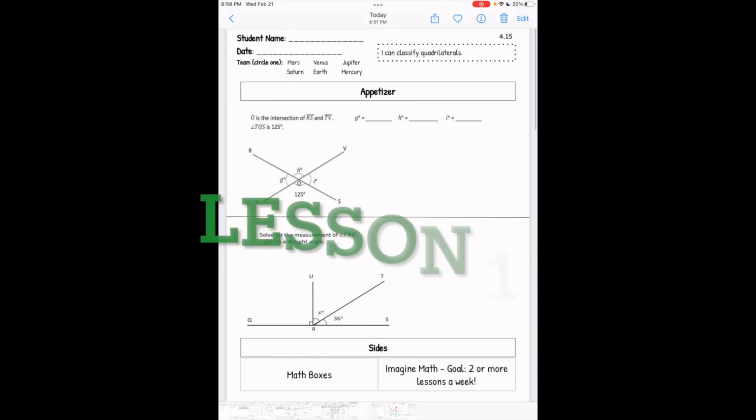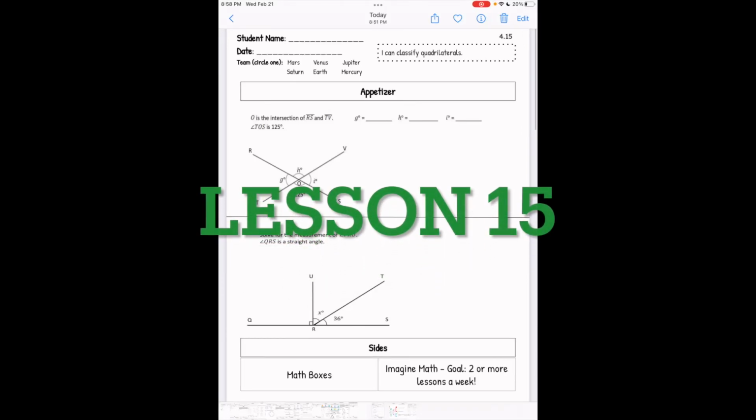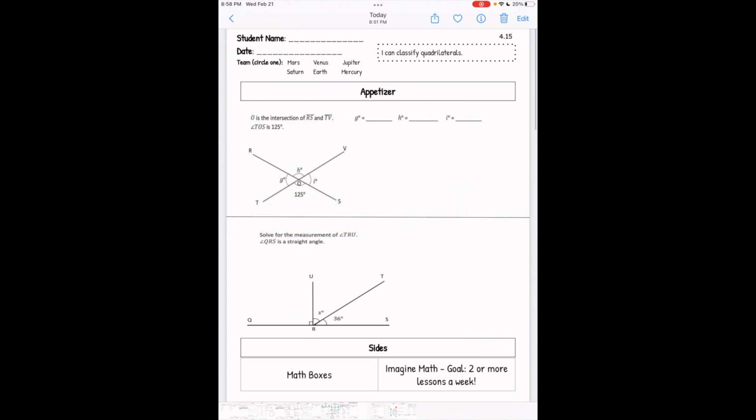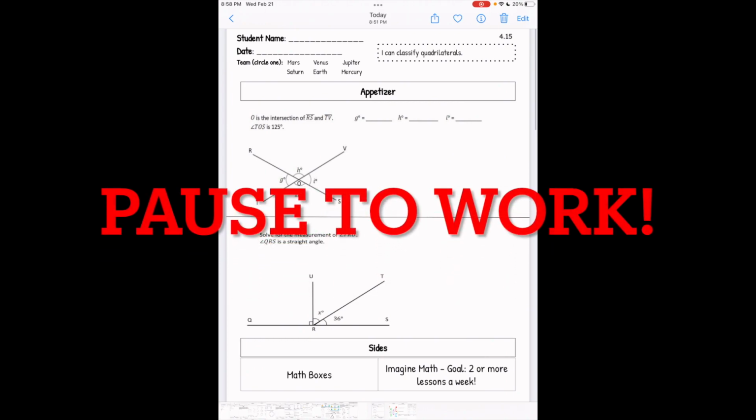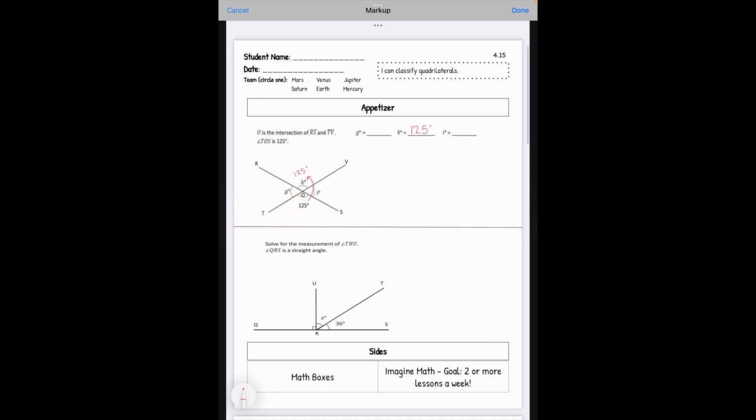Welcome to lesson 15. Go ahead and fill out your name, today's date, circle your team, and get going with your appetizer. Alright, go ahead and check your appetizer with mine, and we can get going on our last lesson of the